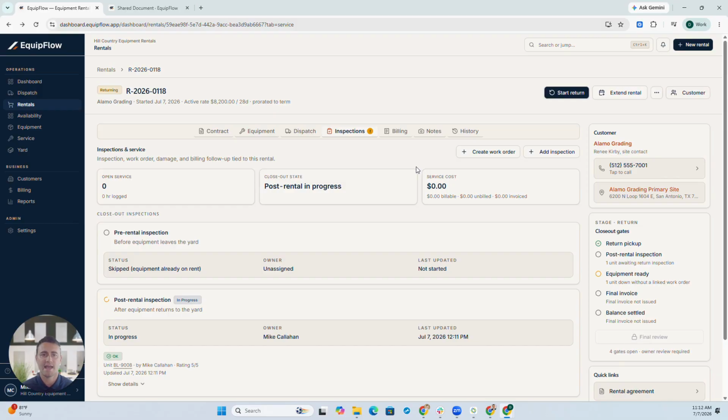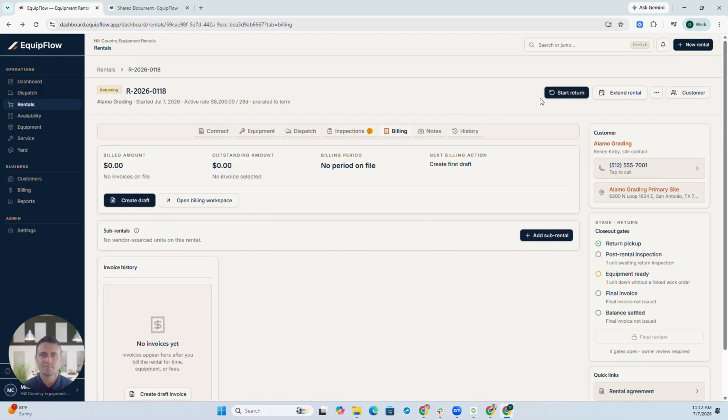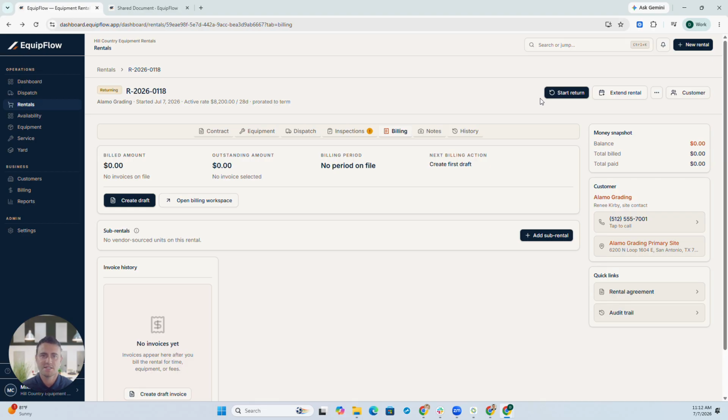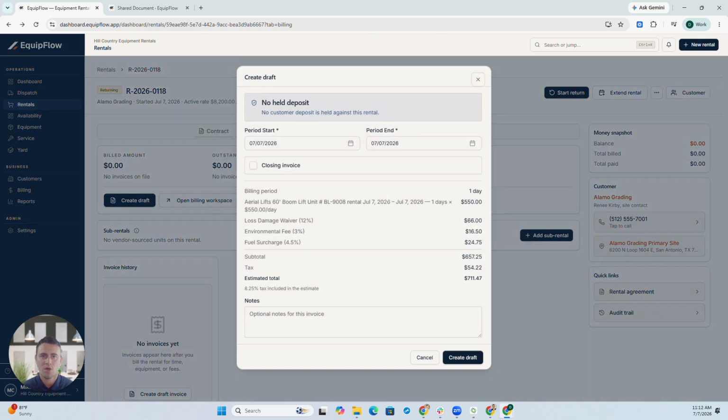While operations is handling the return, accounting doesn't need to recreate everything manually. EquipFlow already knows rental dates, equipment rented, delivery charges, pickup charges, rental rates, additional fees. An invoice draft is generated automatically, and whether you would like to send it directly from EquipFlow or use our QuickBooks integration, accounting simply previews it, sends it to the